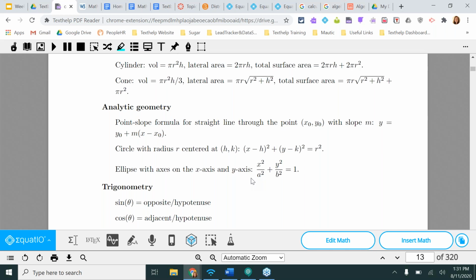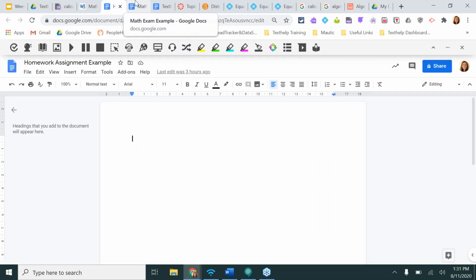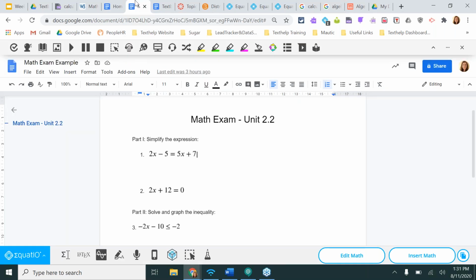Now, if, for example, I had some type of math exam, and what I've got on here is just a Google Doc. This would work the same with a Microsoft Word document. You're able to, again, have this content read out loud. Now, I built this test with EquatIO. These are EquatIO images here, EquatIO equations.